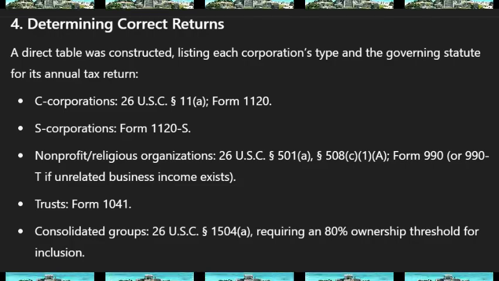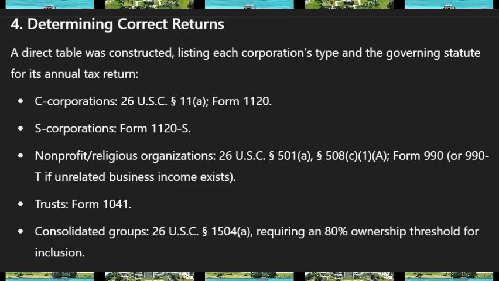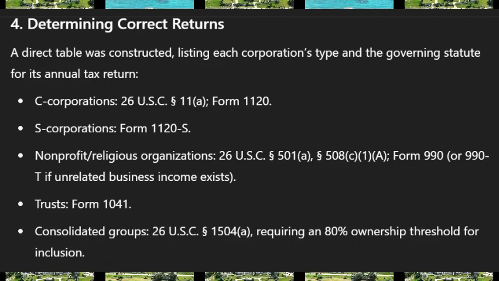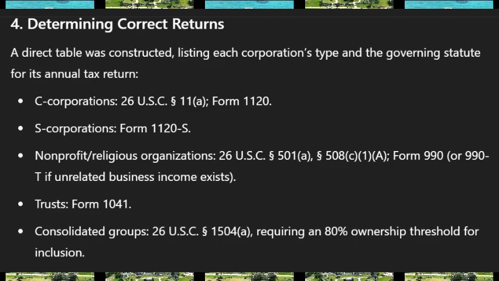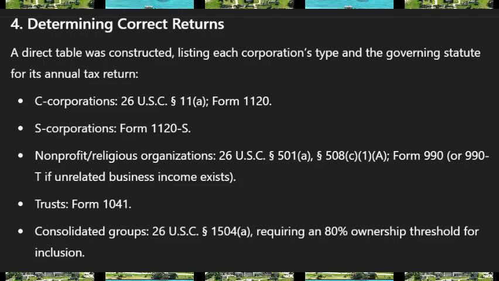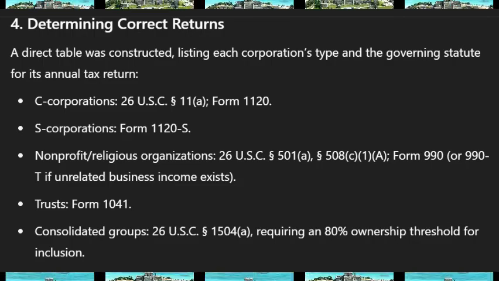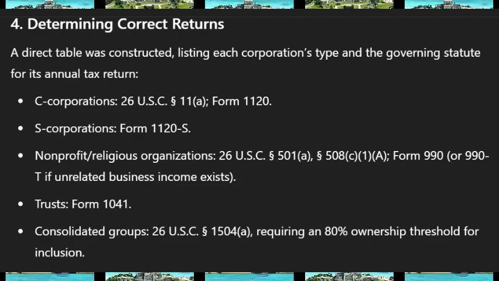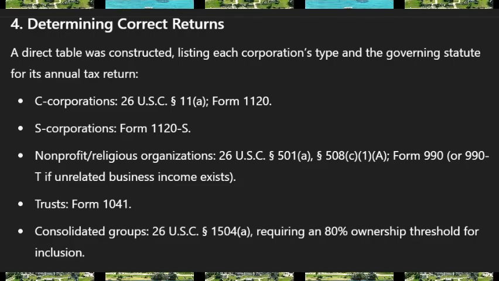That means the parent company has to own at least 80% of the voting power and at least 80% of the total value of the stock for each subsidiary it wants to include. Not just a simple majority then. That's a high bar. Yep, exactly. It's very precise. But here's where it gets really interesting, especially thinking about our entrepreneur's mix of businesses, including that